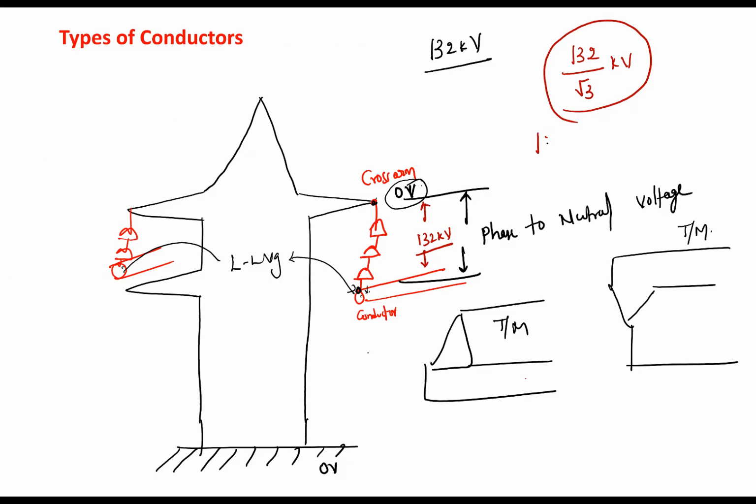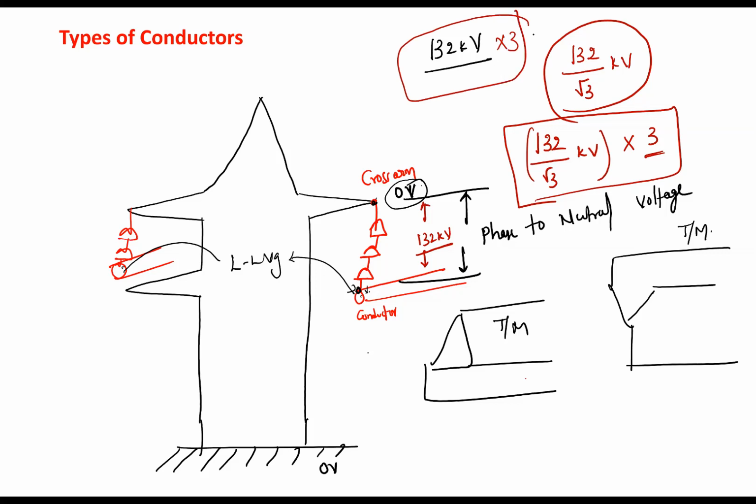Let us say 132 kV by root 3 is the voltage that is appearing between the conductor and the cross arm. So I am taking a factor of safety as 3. That means I am giving 3 times more insulation so that if any problem also it will take care. So my factor of safety is 3. So I will provide insulation for this voltage. Suppose if I do in delta, this insulation voltage will become this much. So here it is always preferable to do high voltage transmission in star where we are saving the insulation. Okay.